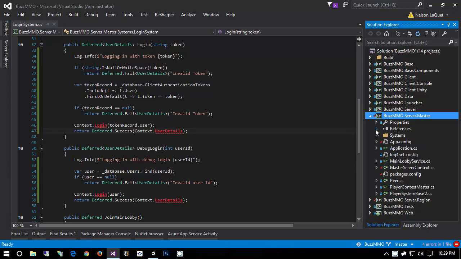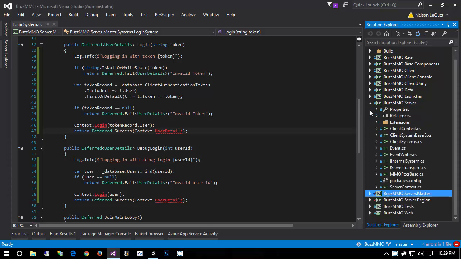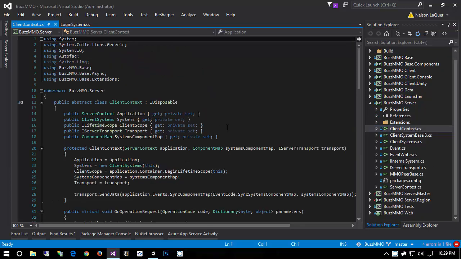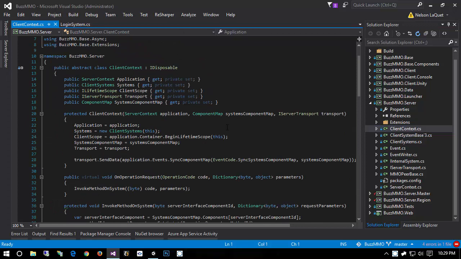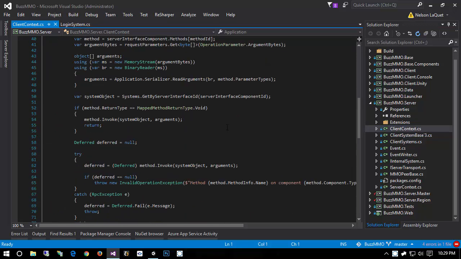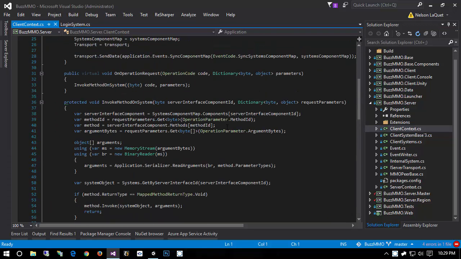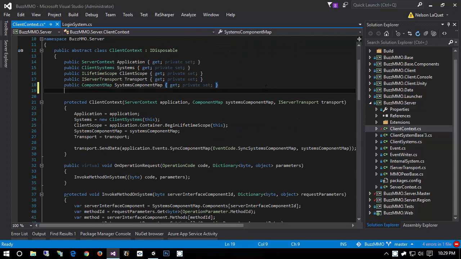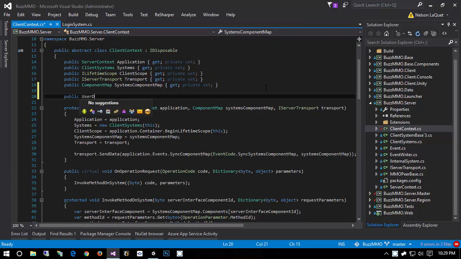So coming over here, actually, in my BuzzMMO server, I want to go into client context, and I want the client context to be able to be authenticated. So this is the base client context for any servers that you might implement. And for this, I'm going to scroll up to the top, and I'm going to create a public user details,